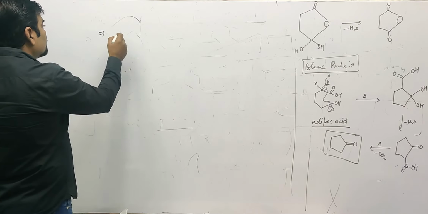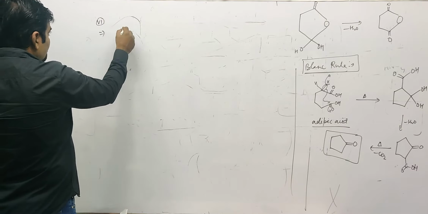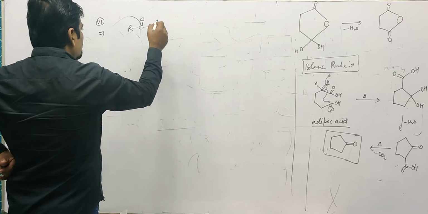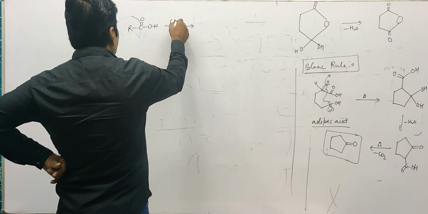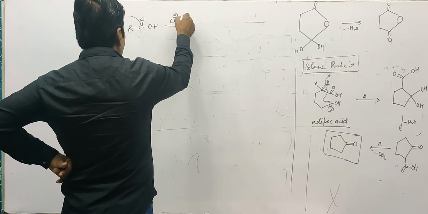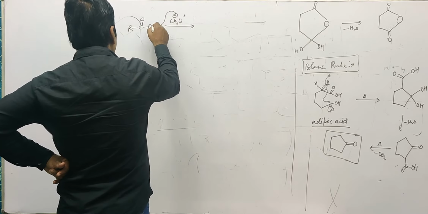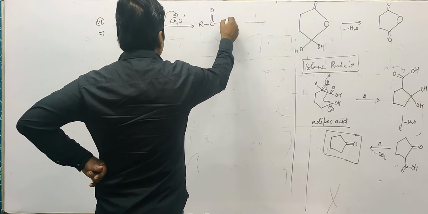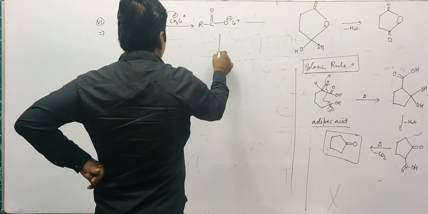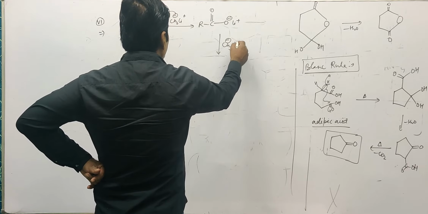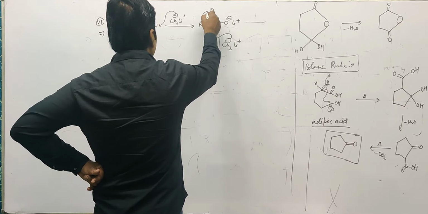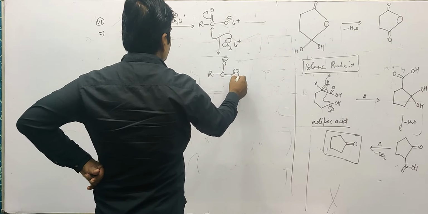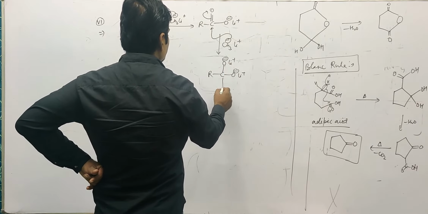See how it is being formed. So this is number 6. There is a carboxylic acid, RC double bond OH. If you take CH3Li, suppose, this is minus, this is plus, they will abstract this proton, this bond is transferred, becoming RC double bond O, over here O minus Li plus. Further, we have CH3 minus Li plus, which approaches this carbon, this bond is getting transferred, becoming RC with O minus, over here O minus Li plus, and at this place there is CH3.